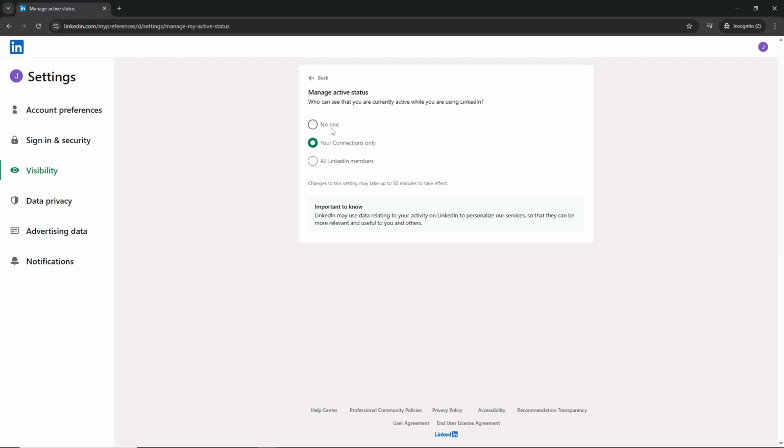To completely turn off the green circle that shows you're active, click the radio button next to No One. By selecting this option, your active status will be hidden from all LinkedIn users, and the green circle will no longer appear next to your profile picture. And that's it. You've successfully turned off the green circle in LinkedIn, giving you more privacy while using the